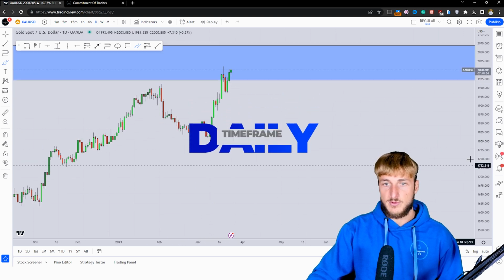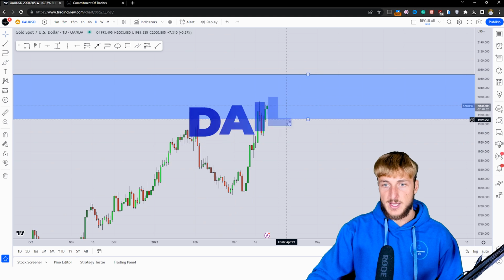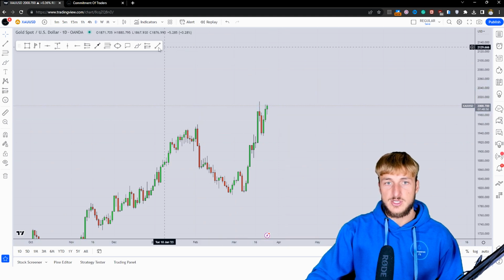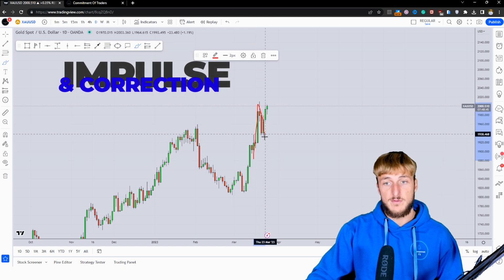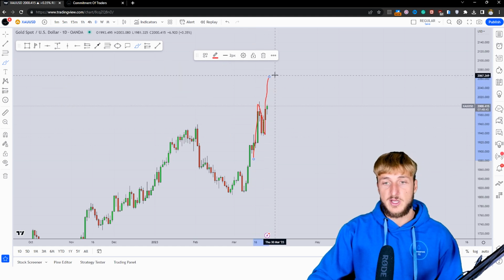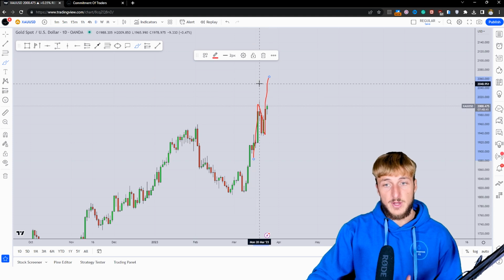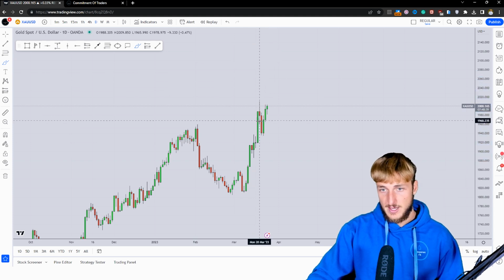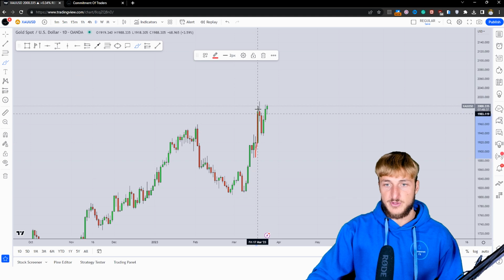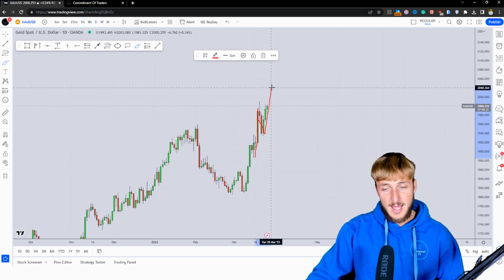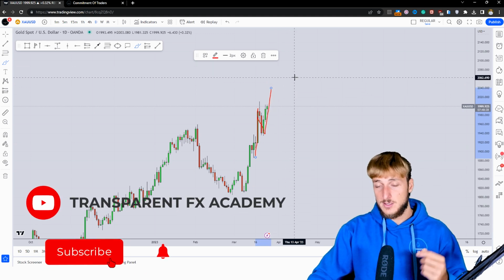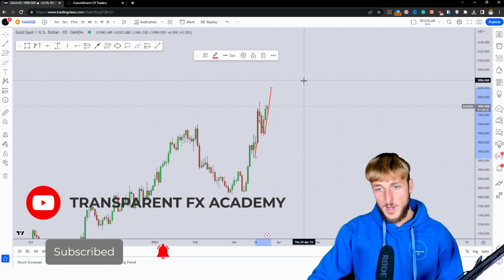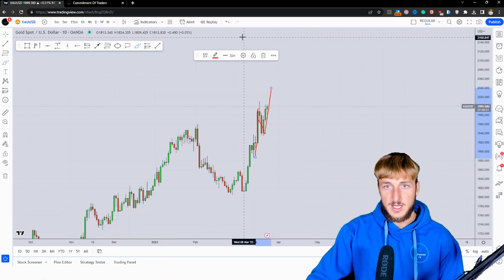Going down on the daily time frame, what do we have? Now, from a daily perspective, we can see how the market has just created a new impulse to the upside starting from here, followed by this correction, and at the moment the market is printing the continuation to the upside. Now, this is exactly what we expected. In fact, I made a full breakdown of gold after this impulse, explaining all the reasons for which we could expect first this correction and then more bullish continuation, which, by the way, I will link in description. I will link this previous analysis as well in description,